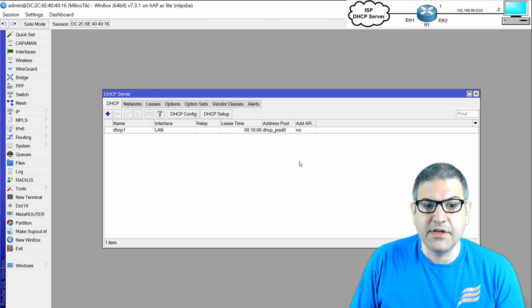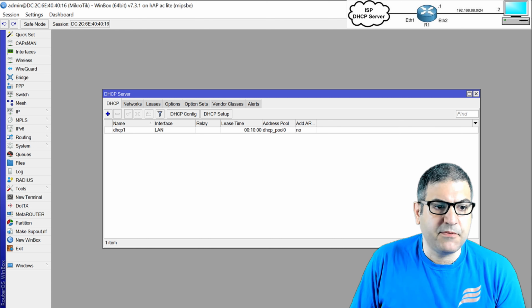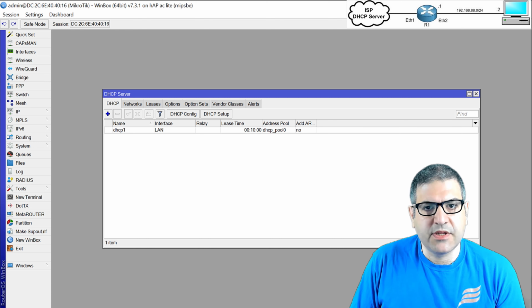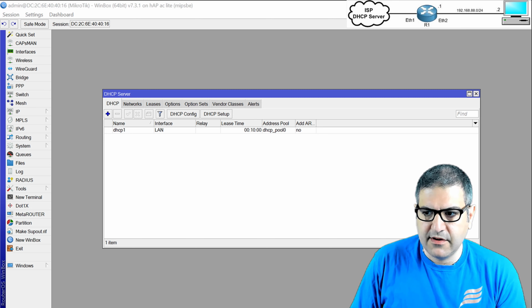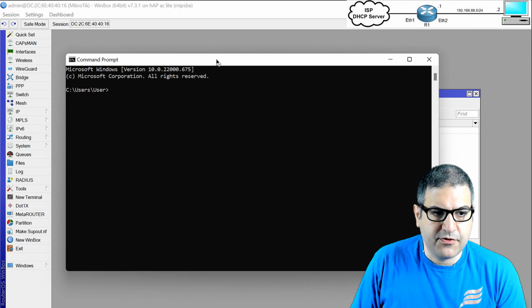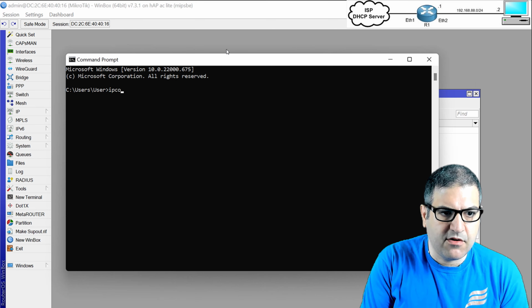That's what you need to do. Now, if you look at the picture, my computer is connected to the router on Ethernet 2, they said on the picture, but actually it is connected to Ethernet 3. But anyway, it doesn't matter. Ethernet 2, Ethernet 3, Ethernet 4, Ethernet 5, all are on the bridge. But let's check if my computer has received an IP. Let's have a look. So I will open the command prompt on my computer. If I say ipconfig,